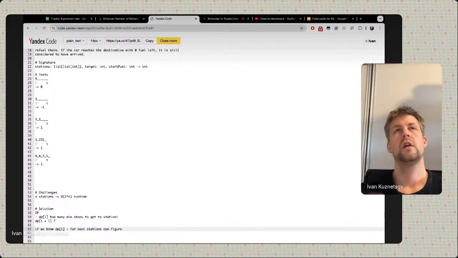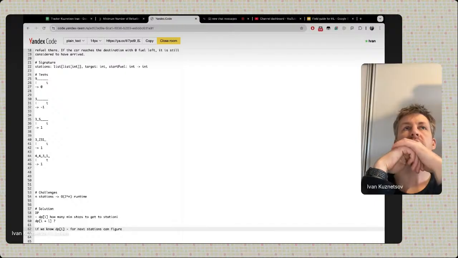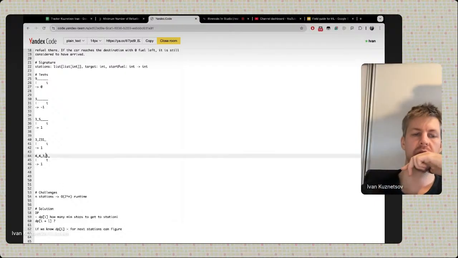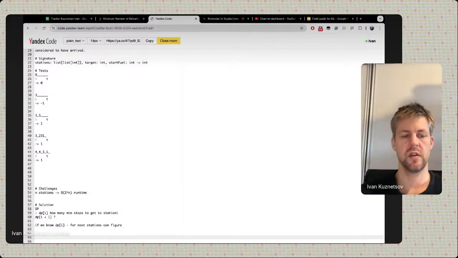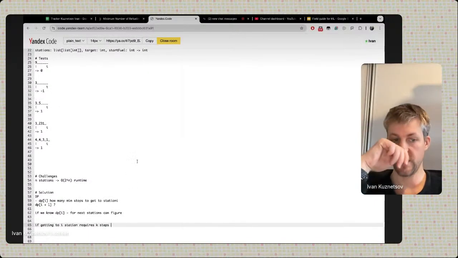Okay, so if getting to this station requires k steps, yeah, there is one important observation. If getting to I station requires k steps,